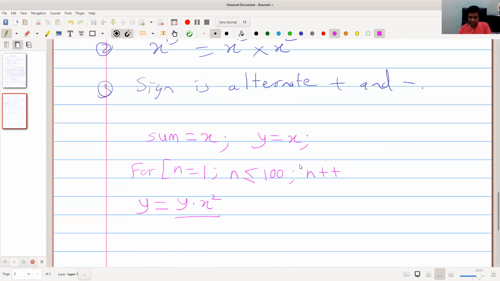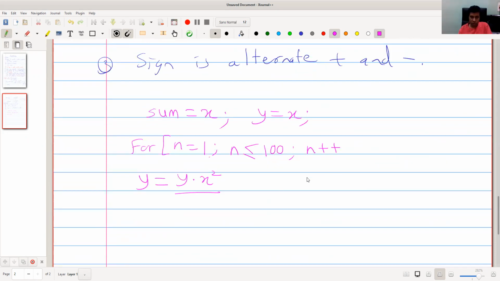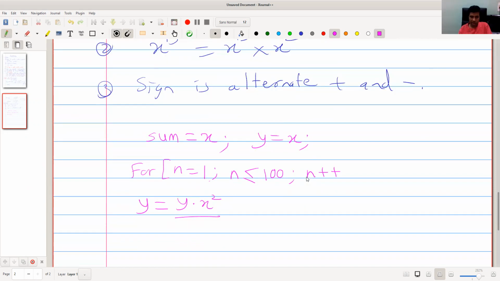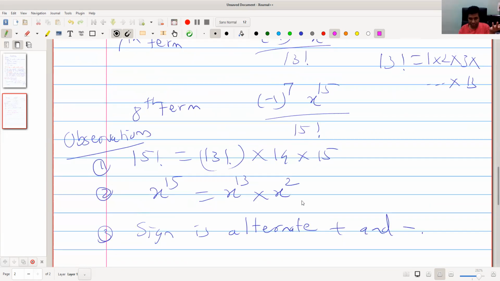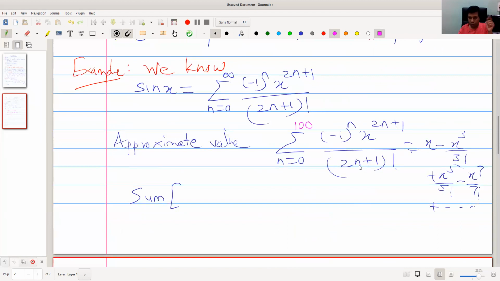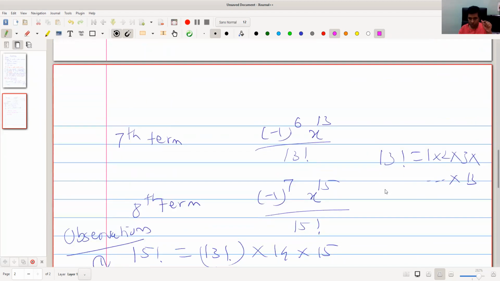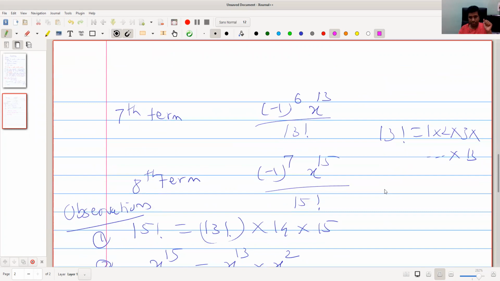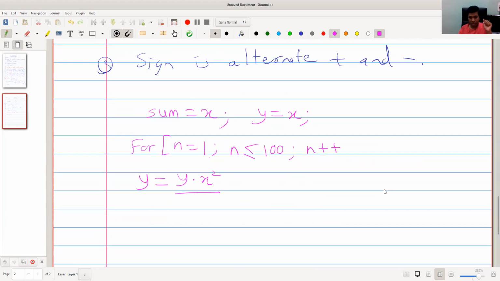So I will multiply the denominator by this thing. What is 14 and 15? It is 2n plus 1 and 2n.